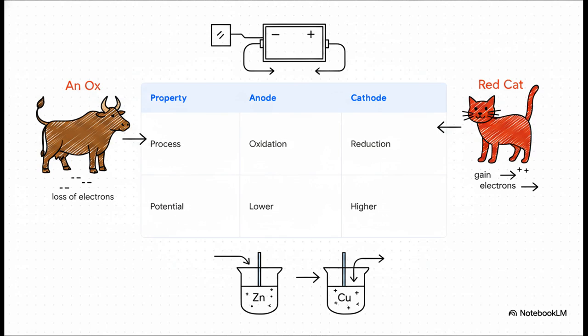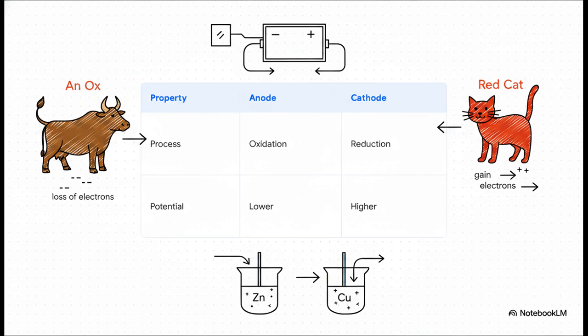Memorize it. At the anode, oxidation happens. That's the loss of electrons. At the cathode, reduction happens. That's the gain of electrons. Just remember the old trick. An ox, red cat. In the exam's examples like question 37 with zinc and iron or the earlier ones with zinc and copper,